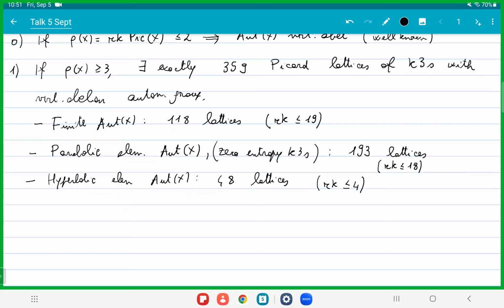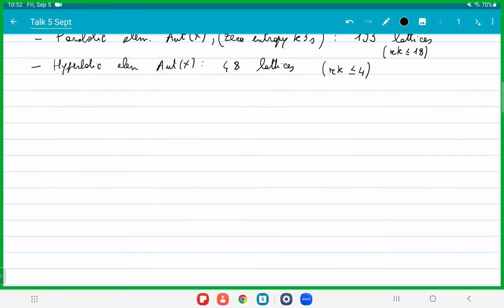So maybe two words about the proof. I don't have time to explain it. I should say that part of it is computer assisted, because we can use a lot of geometry to pin down the possible lattices to a manageable amount. But unfortunately, manageable is still too much for a human. So we create lists, and then we let the computer check them. If you're interested in this sort of thing, the computer assisted part is really interesting. So feel free to ask me questions.